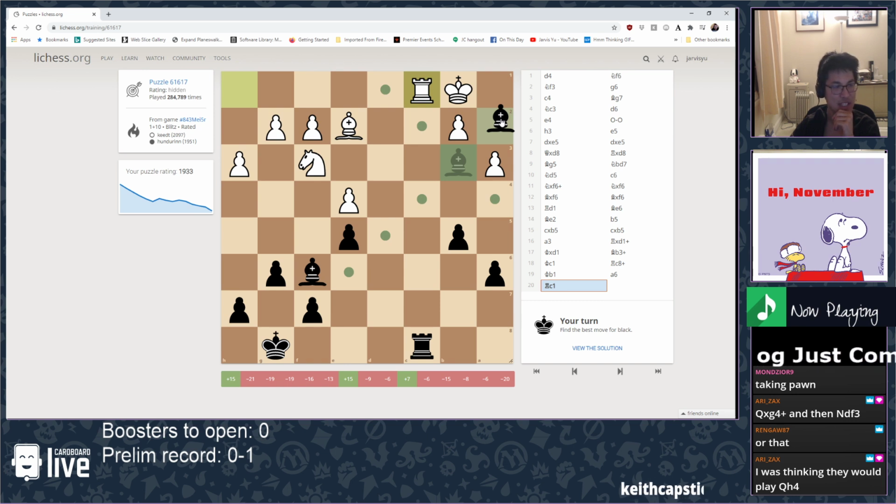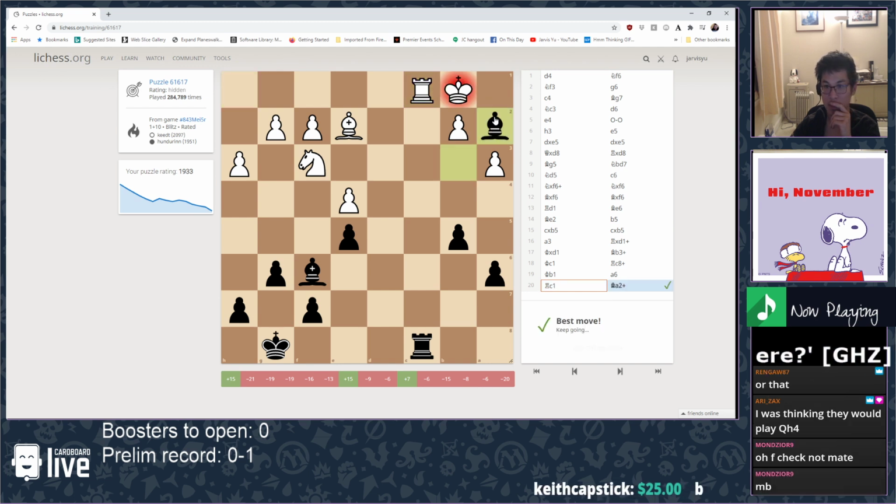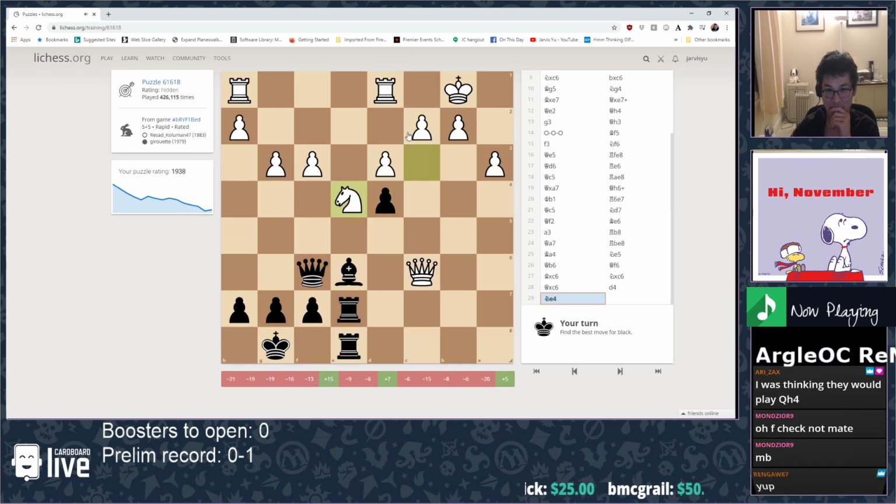This is a simple tactic, right? So move the bishop here, they have to take, then you take their rook. Alright, yeah, that one's easy. So this pawn is weak. And it really looks to me, if I take that pawn,